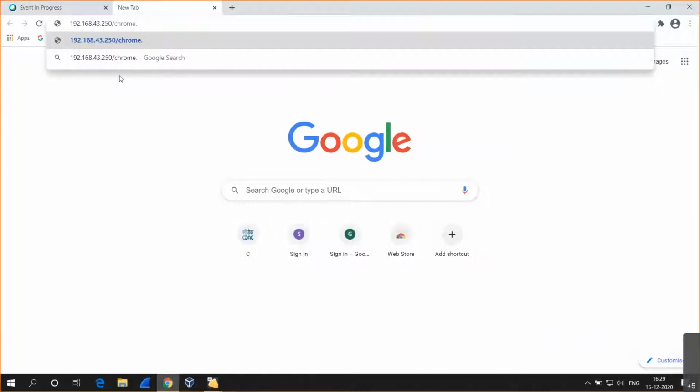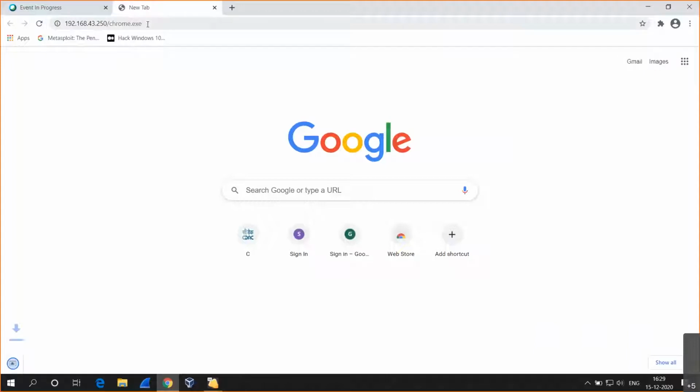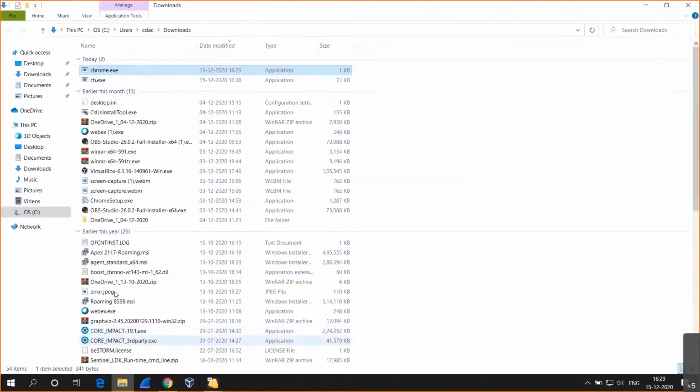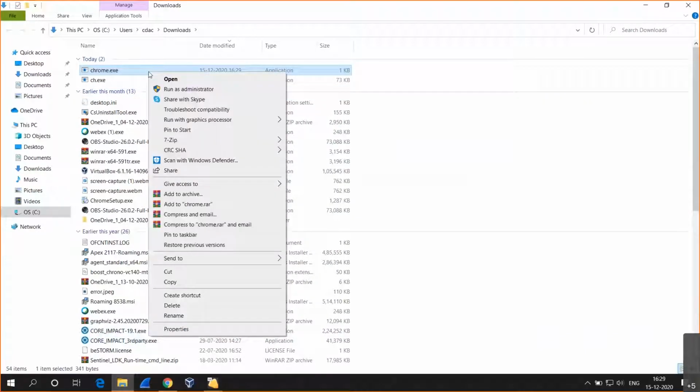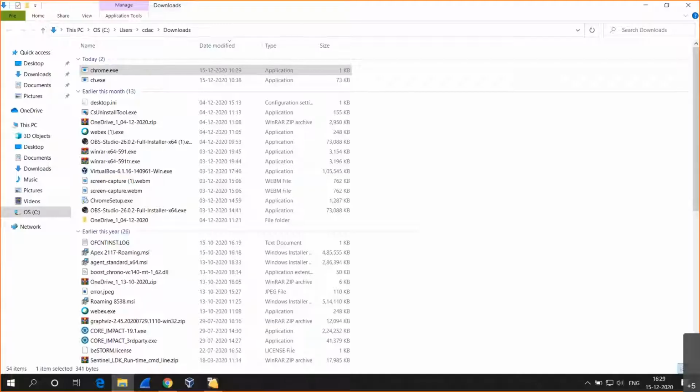So I am mentioning the IP address of the Kali Linux, and chrome.exe is the thing that we are downloading. So here it is downloaded. We will go to the folder where it is downloaded. Now we'll try to install that with the highest privileges.